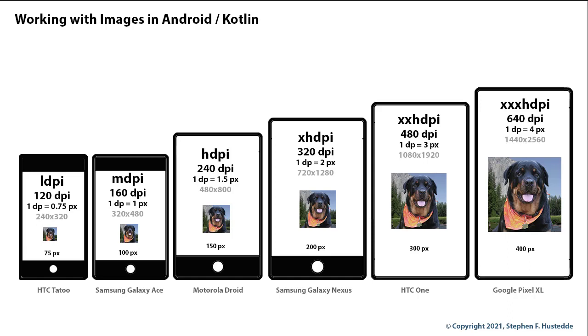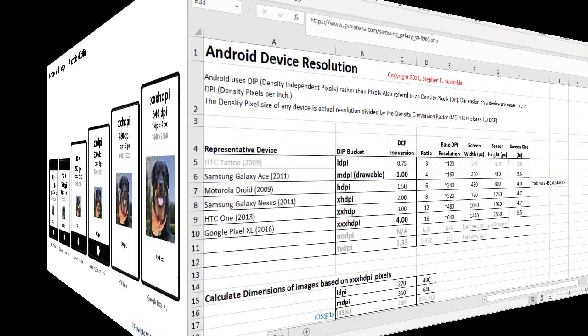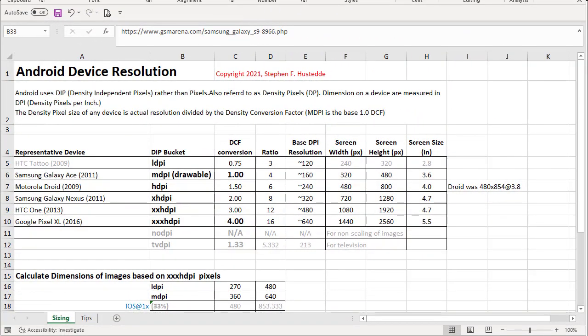In the previous video, we looked at the problem of resolution amongst Android devices and the need to have graphics at 5 different resolutions in our project. To help keep track of the different resolutions and also do a little bit of calculation, I created an Excel spreadsheet that reiterates what I demonstrated in the previous video as far as the different resolutions and the density conversion